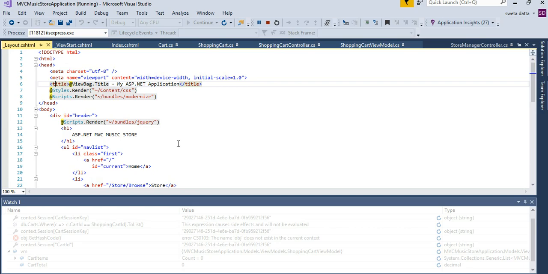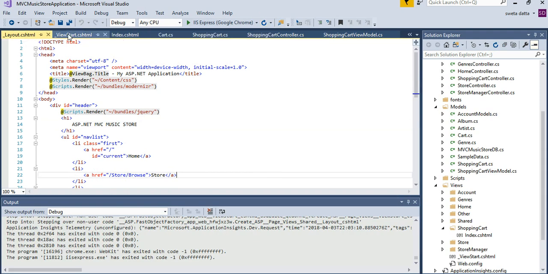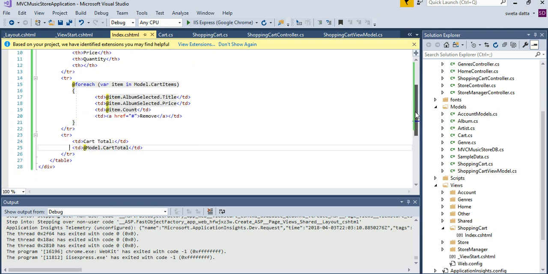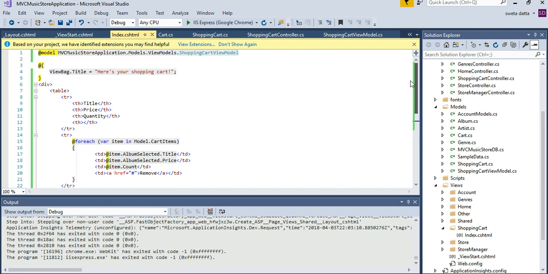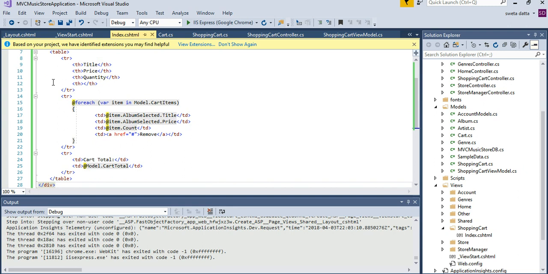Okay, I don't like this content body heading there. Let's see where that is coming from and fix it. Body. Okay, so see, there are like four cells here. I only have two cells here. That's why I'm getting a weird formatting issue there with my cart. I don't like it, so I'm gonna add a couple of dummy ones so that cart total will be displayed